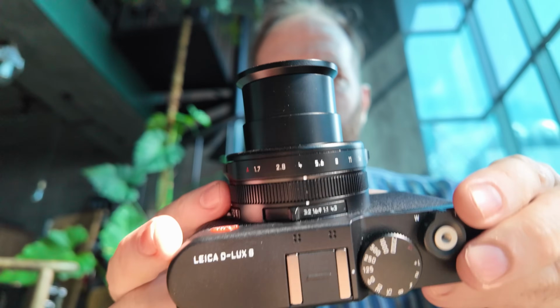Moving on to which is the better camera for street photography. Well, this is gonna have the same answer as I had for travel photography. For street photography, it really depends on your shooting style. If you really wanna be extremely discreet and you don't like to get close to people, well, the D-Lux 8 has the zoom, and it's also smaller. It doesn't look as professional as the Q, doesn't read photographer as quickly as the Q might, but it's not